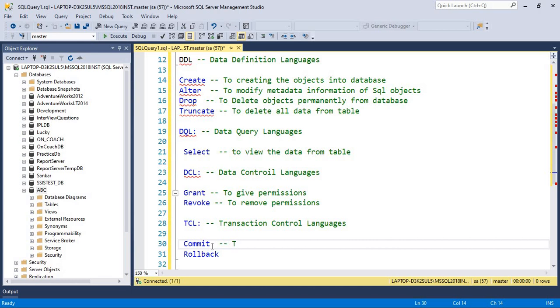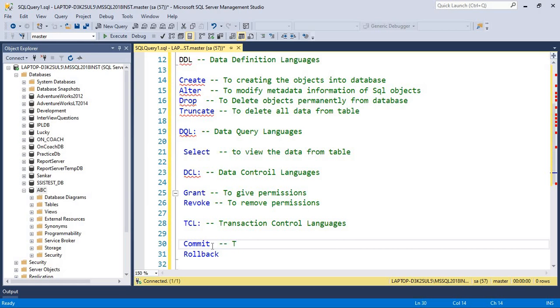Before these TCL commands, first I need to discuss SQL Server. SQL Server by default will auto commit whatever information we go ahead with. Suppose we insert some information into the table, it will automatically commit into that table. That's why we say it's an auto commit. But if you use TCL, the TCL commands will restrict the database.